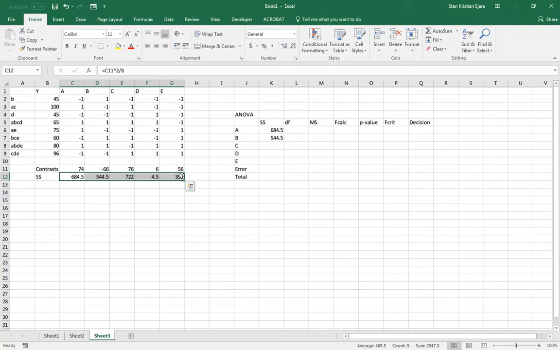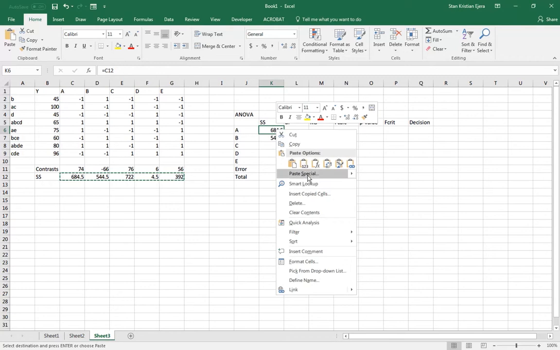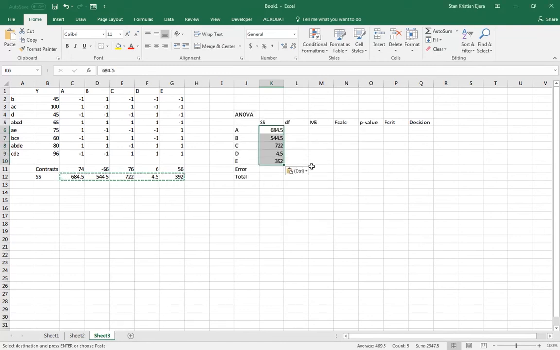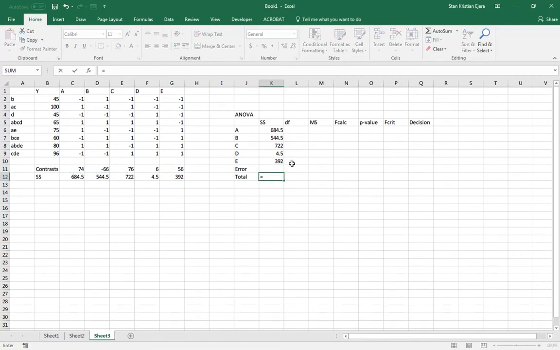So we can Control C, then right click, paste special, values, because we don't want to copy the formula, we want to copy the values themselves, then transpose. Okay, and it should fill up like so. Then the total, again, you should be able to memorize this one. So total is equal to